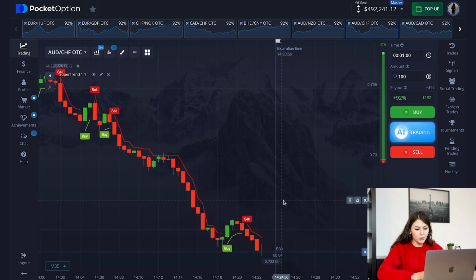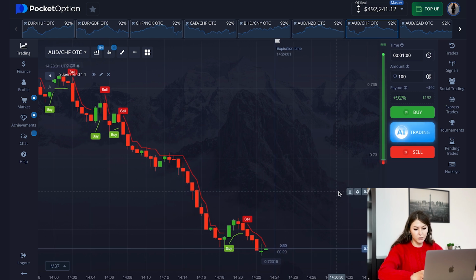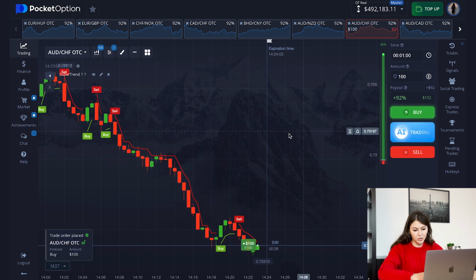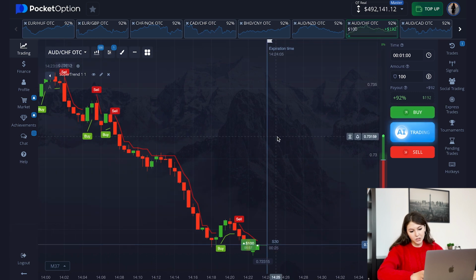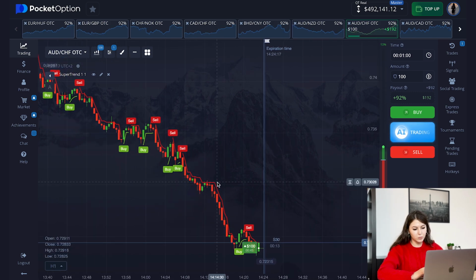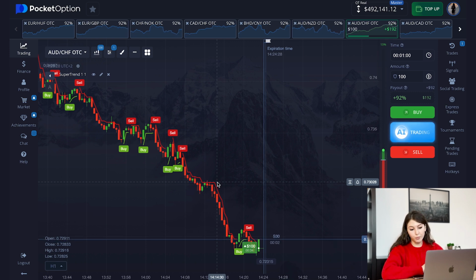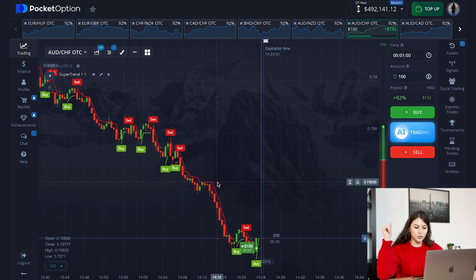So as we can see, we have the full body bear candles and we're trying to make the bull candle right here. Let's support that movement. I think it can be kinda nice for us. Of course we have the trend for the lowering situation, but we have a little bit compensating movement, so I think that we can catch this trend for 1 minute and take this amount of money for ourselves to win